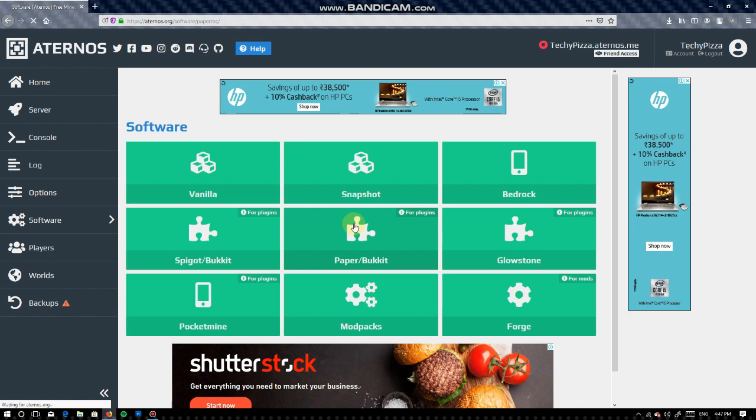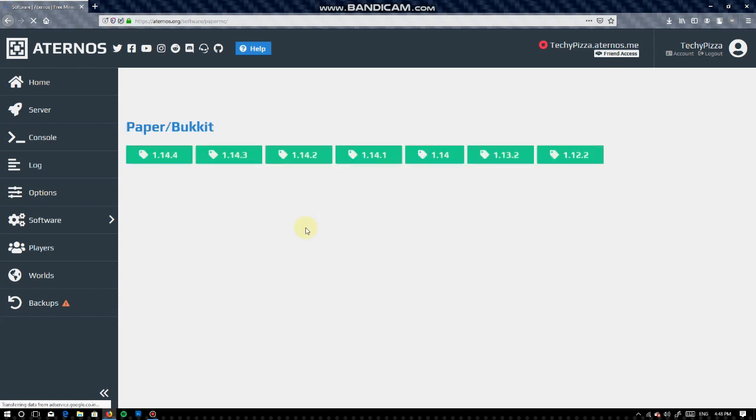wait for a moment, and then we will have a list of versions available to download. We will click on 1.14.4 because that is the latest release of the official Minecraft Java edition we are running. So let's click on that, wait for a moment,